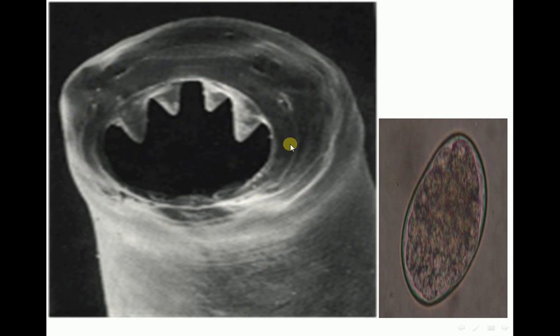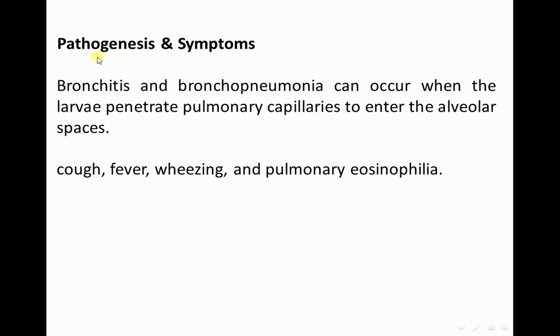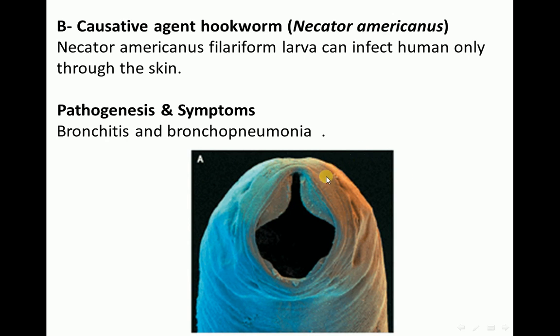This is the head of this parasite, Ancylostoma duodenale, and this is the buccal capsule, containing 2 pairs of teeth. Pathogenesis and symptoms. Bronchitis and bronchopneumonia can occur when the larvae penetrate pulmonary capillaries to enter the alveolar spaces. Cough, fever, wheezing, and pulmonary eosinophilia could occur. Necator americanus has the same life cycle as Ancylostoma duodenale,